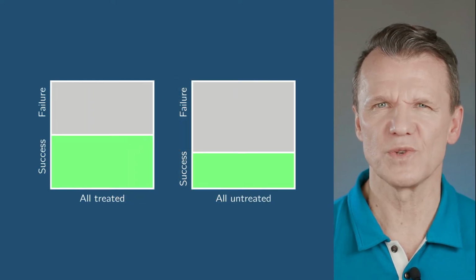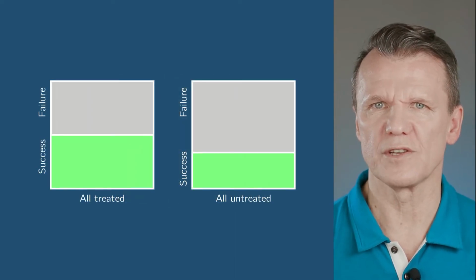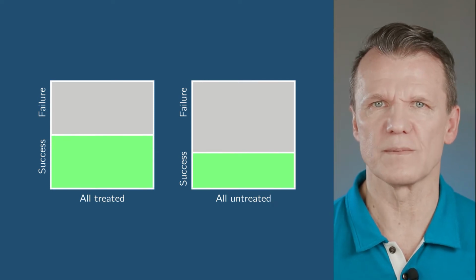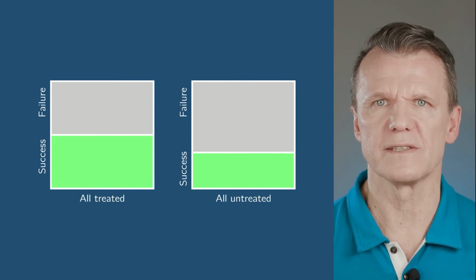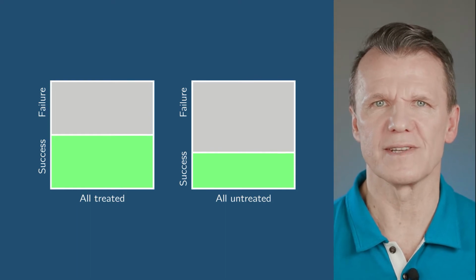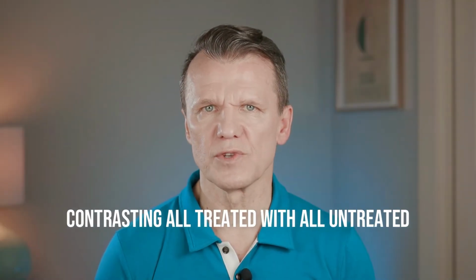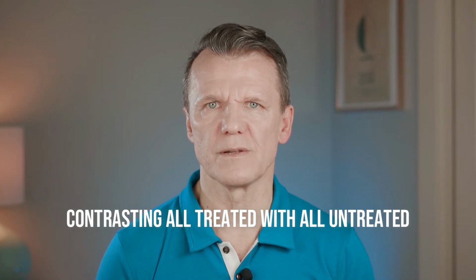But I think we need two squares, one for all treated units and the other for the same units but untreated. The treatment effect is then the difference between probabilities plotted in these two squares. You see, contrasting all treated with all untreated is a major development in causal reasoning. It directly addresses the daunting problem of causal attribution, comparability of treatment groups. We're always concerned that difference in outcomes we observe between treatment groups may reflect the effects of other factors. This problem doesn't arise when we use potential outcomes.